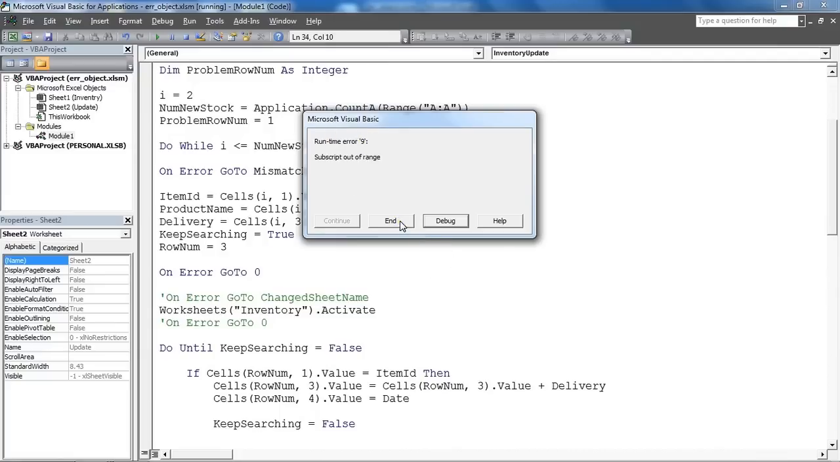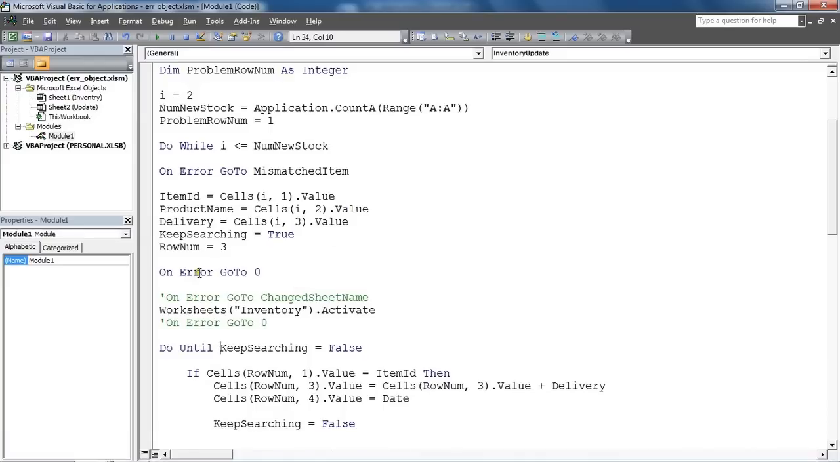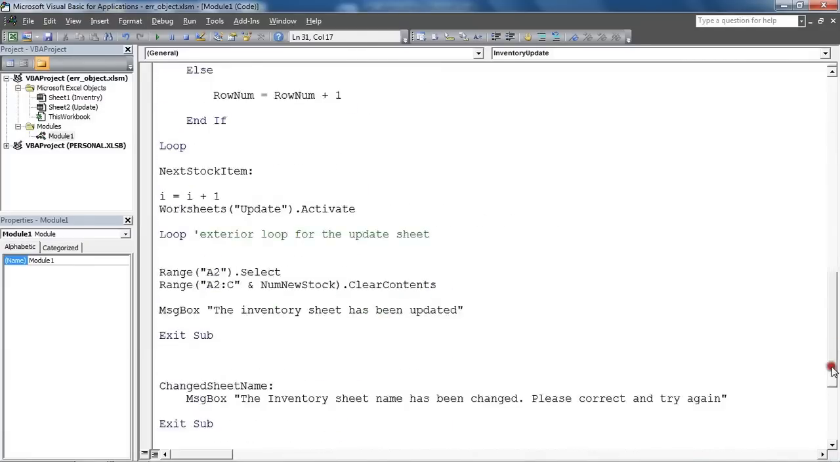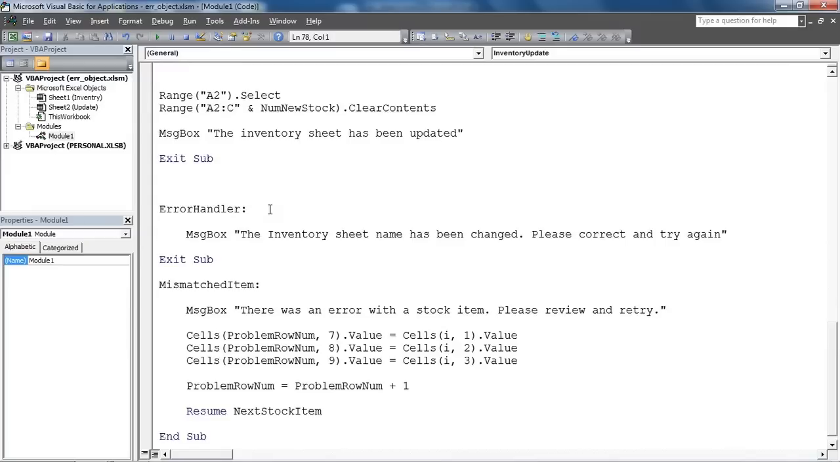Okay, so let's end that for a moment. I don't need to debug it, I know what's going on. Let's get back into my code. Take the comments out. Okay, and what we're going to do is I'm just going to scroll down to where our error handling section is, and I've got the changed sheet name here and then the mismatched item one here. And I'm just going to rename changed sheet name to error handler. So I'm creating an error handling section, very commonly called the error handler, but you can call it whatever you wish. That's not important. And I'm going to get rid of this mismatched one, because they're all going within one